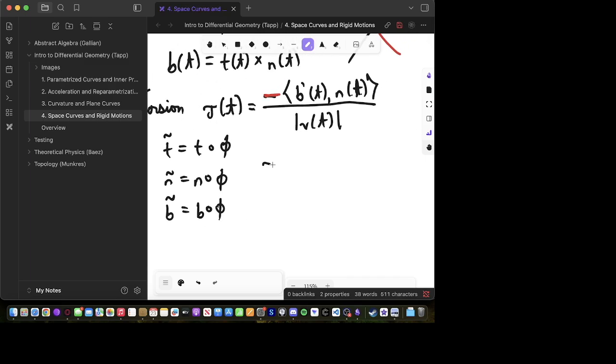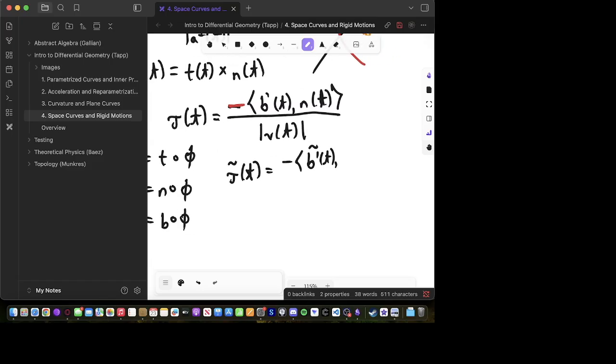So our modified, quote-unquote modified torsion should be the derivative of that normal, over